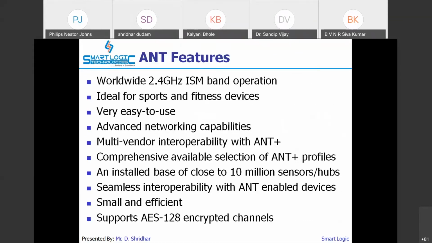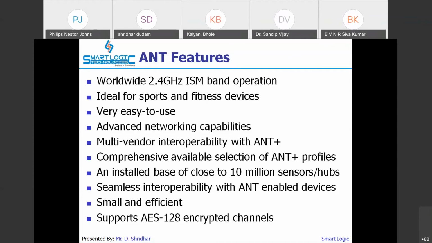It's very easy to use. Advanced networking capabilities are there in ANT. There is multi-vendor interoperability with ANT Plus. So what do we mean by multi-vendor? Once I introduce a device with ANT communication support, it can operate with others also.